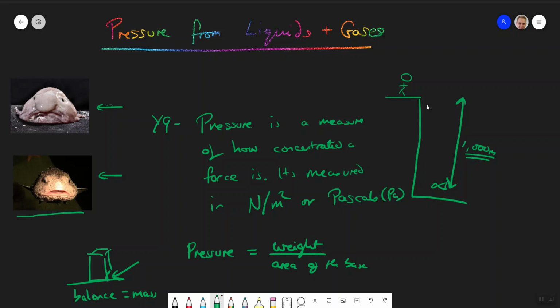Now, on a day-to-day basis, you experience an air pressure of around about 100,000 pascals, which is actually quite a big number. You don't notice it though, because you've evolved on a planet that has that air pressure. Where's that air pressure coming from? Well, it's coming from the weight of all the atmosphere that's above you. There's around about 50 miles of it. So 50 miles of air pushing down on you is essentially generating a pressure of around 100,000 pascals. That's air pressure.